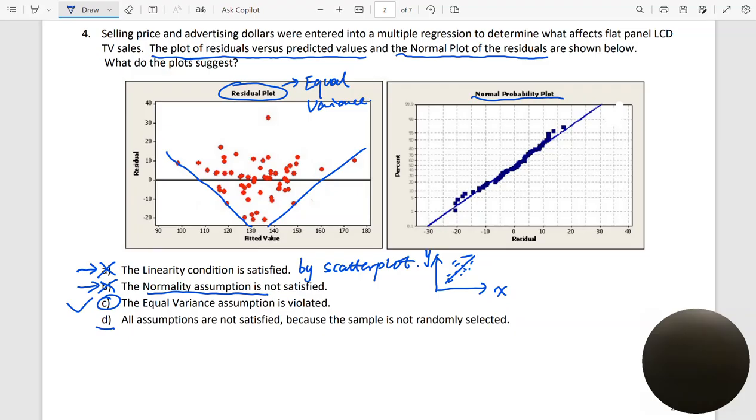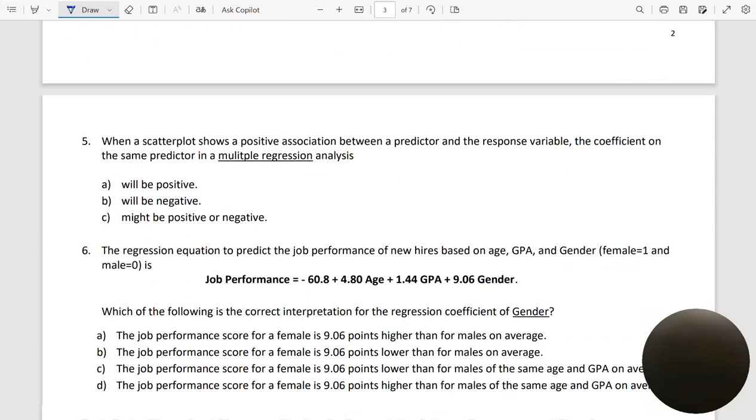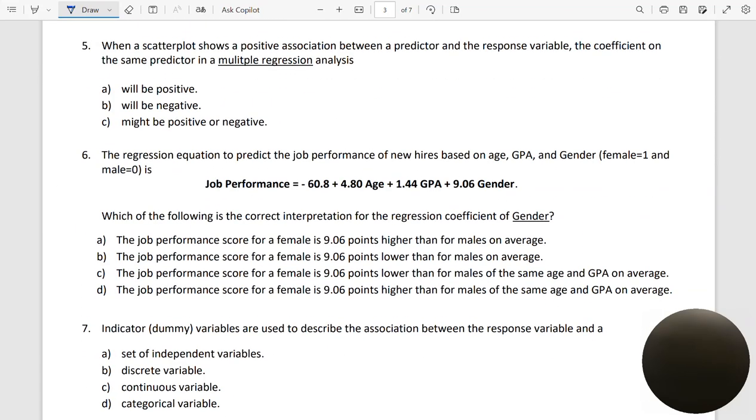What about number D? D says all assumptions are not satisfied because the sample is not randomly selected. We say the sample being randomly selected is for the independence assumption, right? So if the sample is not randomly selected, then the independence assumption is not satisfied. It doesn't mean all other assumptions are also not satisfied, right? So that would be C. All right, so let's continue. Number 5,